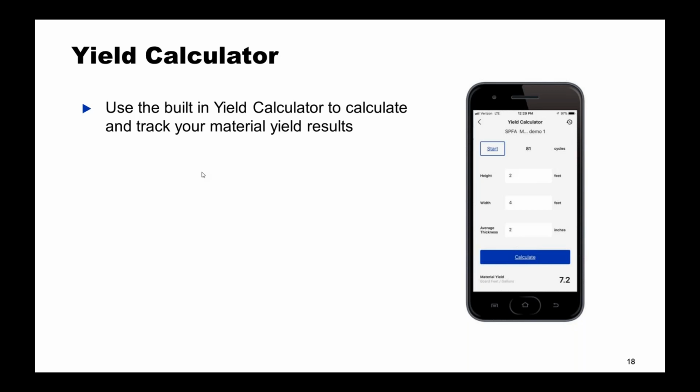I mentioned the yield calculator. There is a yield calculator built into the app where you can hit a start button. It'll capture the data. You go spray your area. Then the app at that point will say end. You hit the end button, and it'll ask you to input an average height, width, and thickness, and hit calculate,